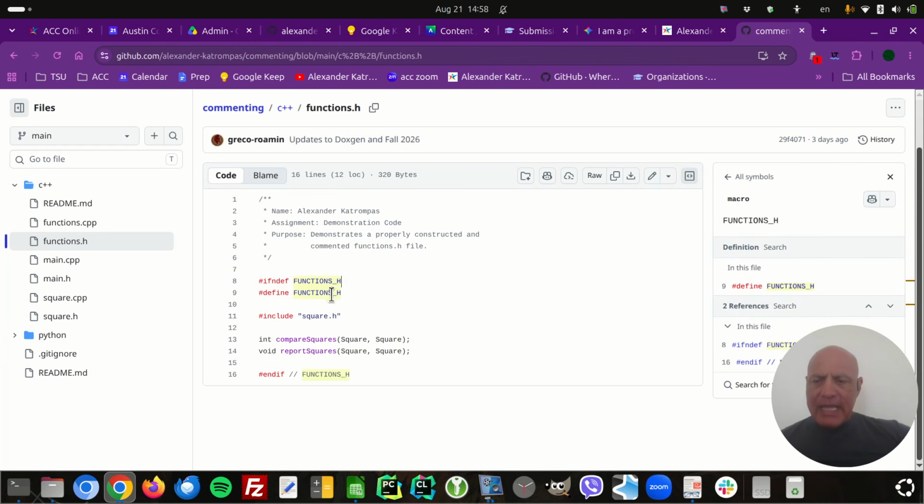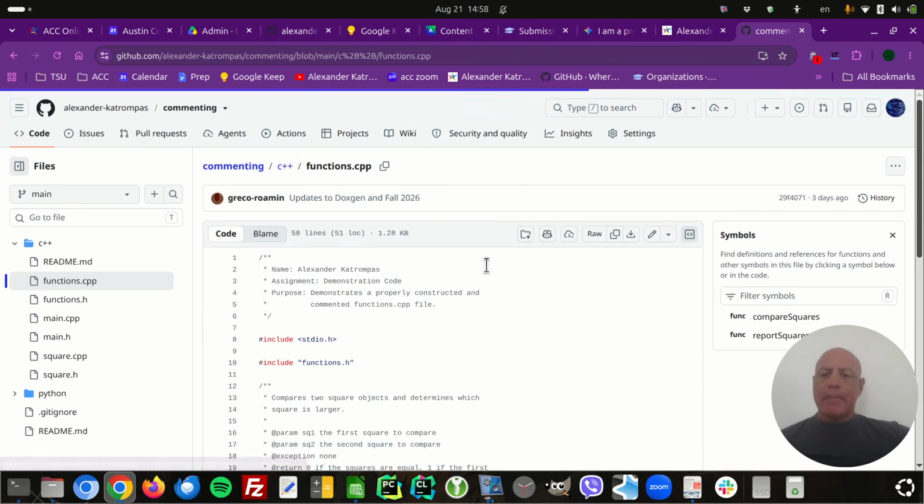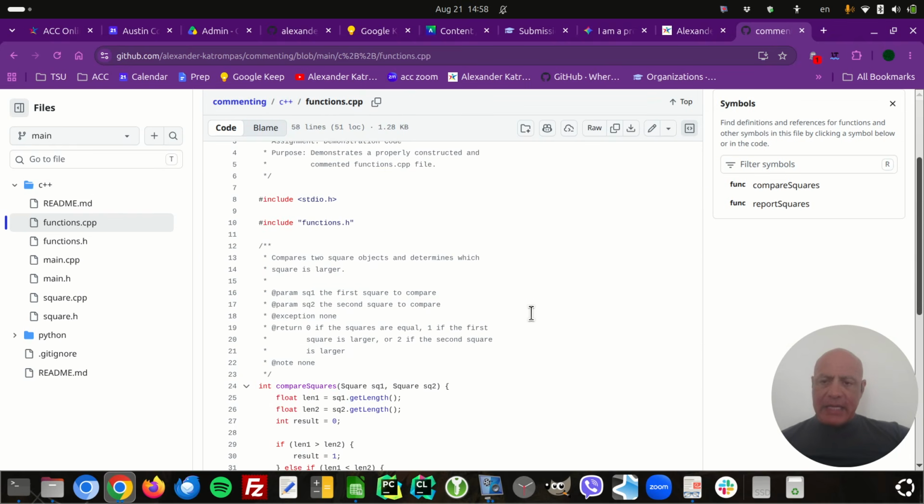Again, I went to the functions.h, and what do we have? Just the thing at the top, the file comment header at the top. Don't really need anything else. Okay. So very simple, file comment header at the top. Okay. But let's look at the function CPP file. This one has functions in it. It has actual